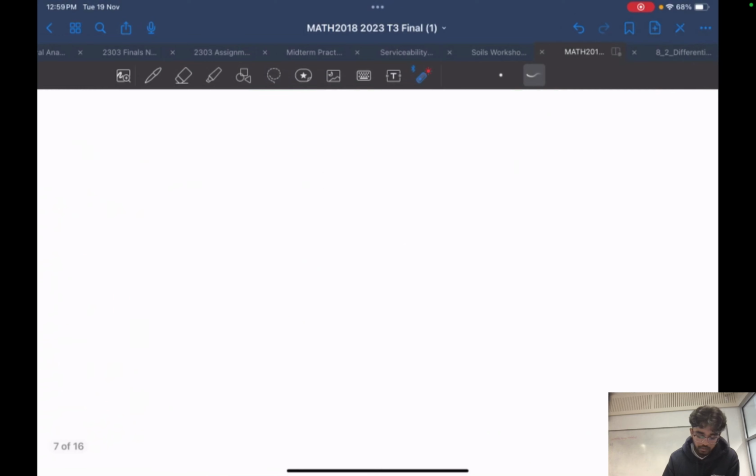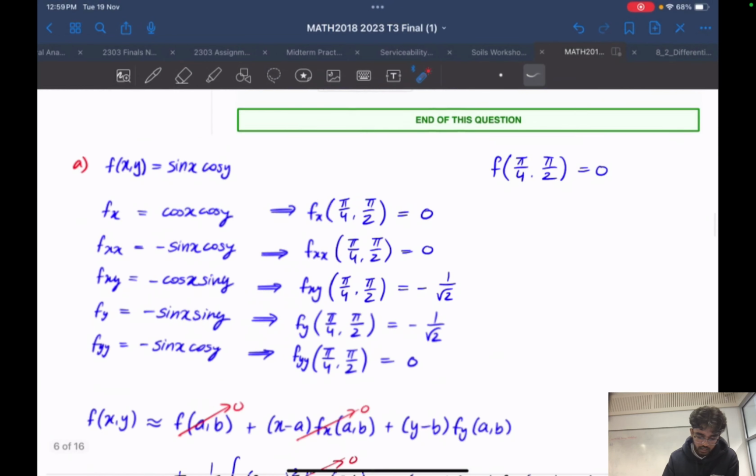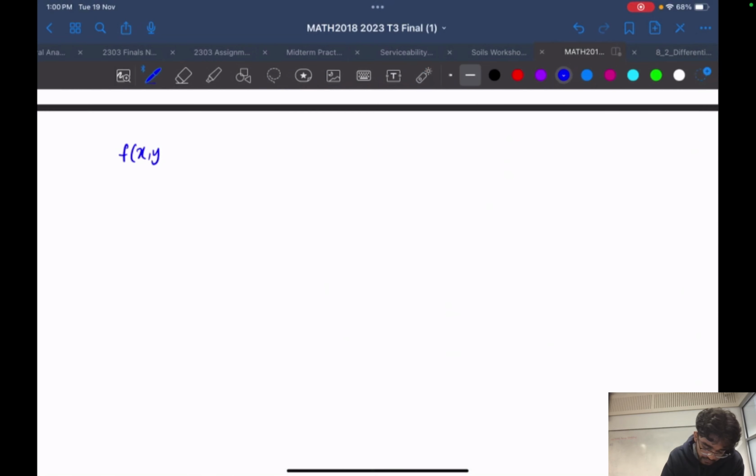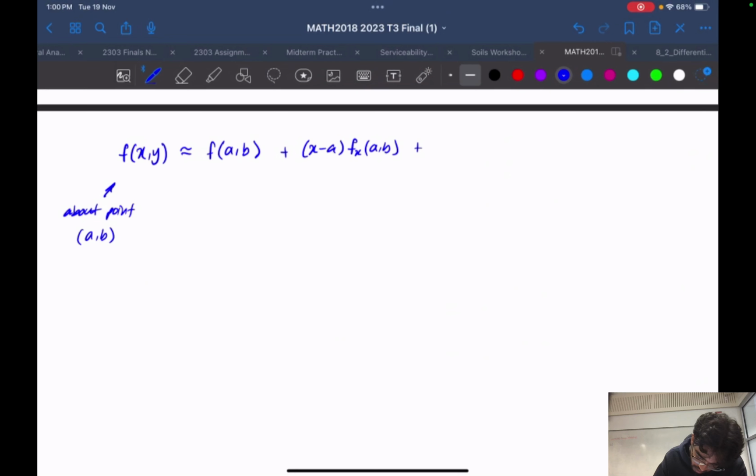So if you guys remember, the Taylor series formula was f of x, y equal to, around a point (a, b), it should be f of (a, b) plus x minus a f_x (a, b) plus y minus b f of y